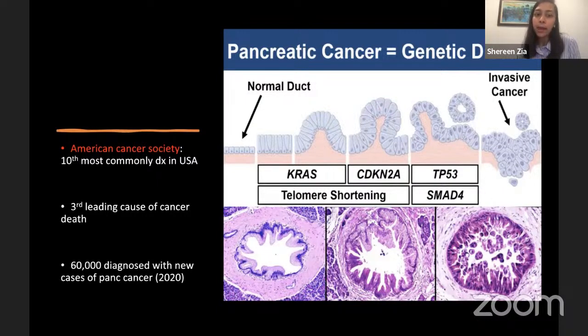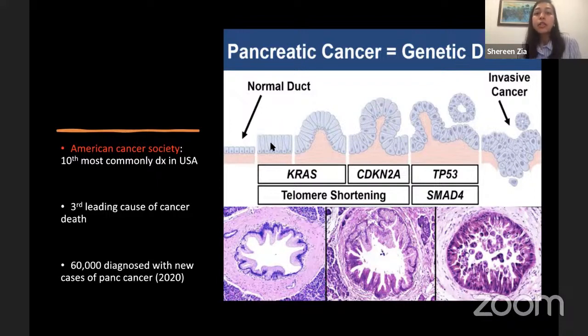Because as we know from the American Cancer Society, pancreatic adenocarcinoma is the 10th most commonly diagnosed cancer in the United States. It's the third leading cause of cancer deaths in the States. In 2020, newly diagnosed pancreatic cancer cases reached up to 60,000 new cases in that year. Amongst all of those, about 15% arise from cystic lesions of the pancreas. That's why it's very important to diagnose them in a timely manner and have a multidisciplinary approach to resect those lesions,